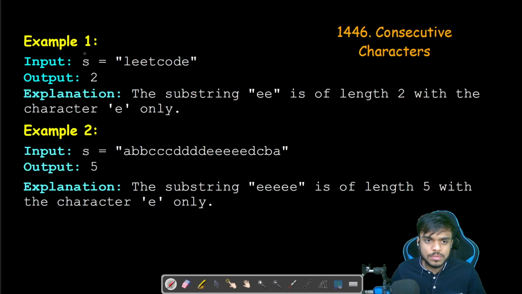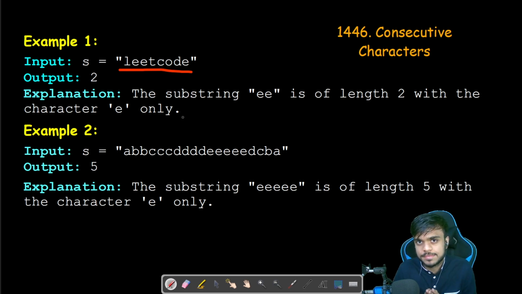Okay, so we are given the initial string s to be leetcode and we need to return the power. What power means is that we need to find the substring of maximum length which has only one character. They might be repeating. Now, being a substring, we know that the characters in the string should be consecutive. So the only substring which has repeating characters is this, because that would give us the largest output. The substring that we have is EE and its length is 2, so we return 2.